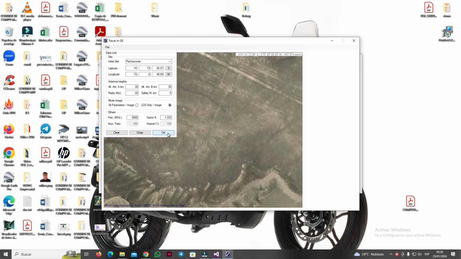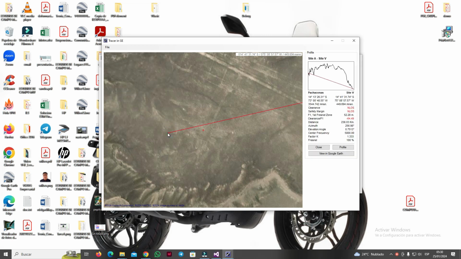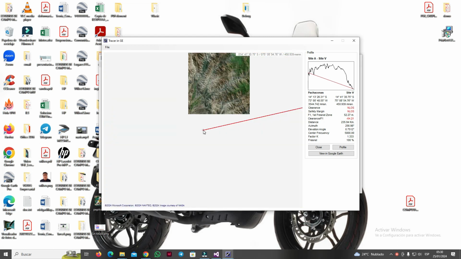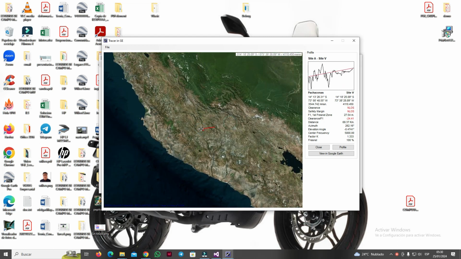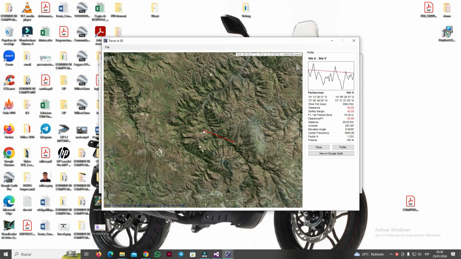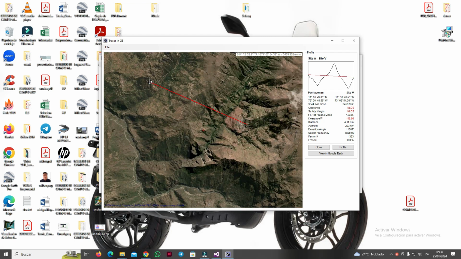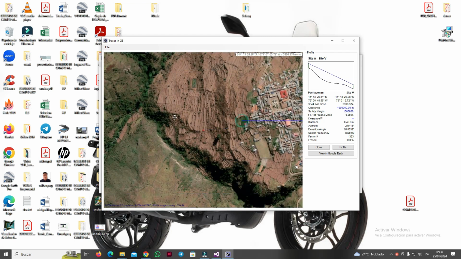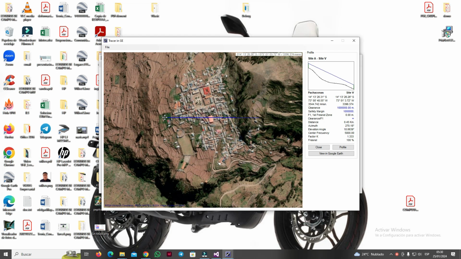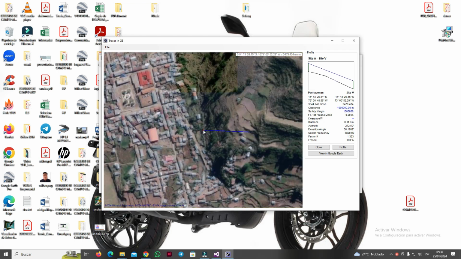Note that while the cursor moves, the profile from Paccanas is updated in real time. This way we can know at the same moment whether there is line of sight or not. This saves us a lot of time planning the radio links. The classic way of solving this is putting two coordinates in a software and evaluating whether or not there is line of sight. However, with the ACPLINK software we can do this simultaneously.